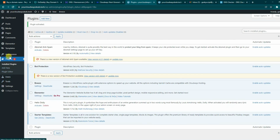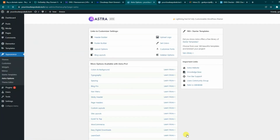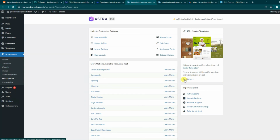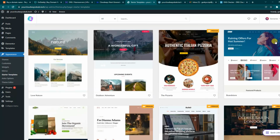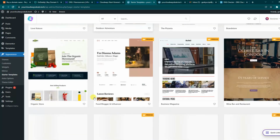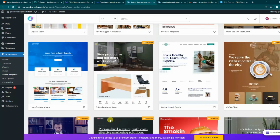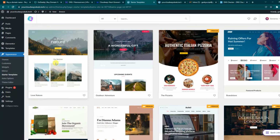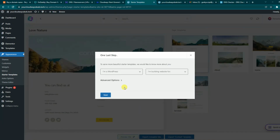And now if we go back to Appearance, then Themes, then under Extra Options, if we click on this Starter Library, you can see our Elementor as a page builder has been set, and from here you can see that several templates they have given, right? So from here, let's say I choose the first one, and then click on Import Complete Site,